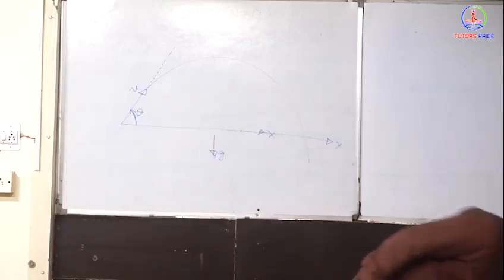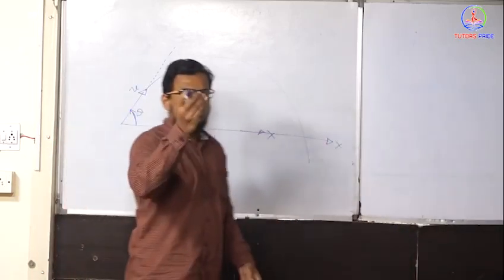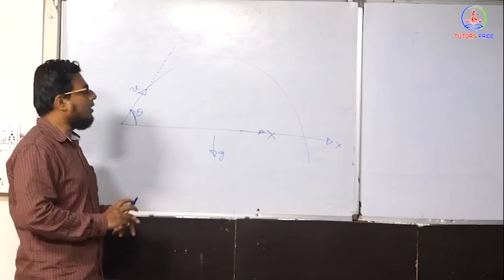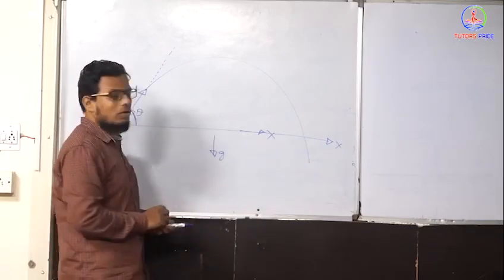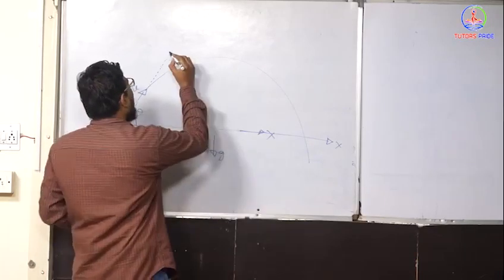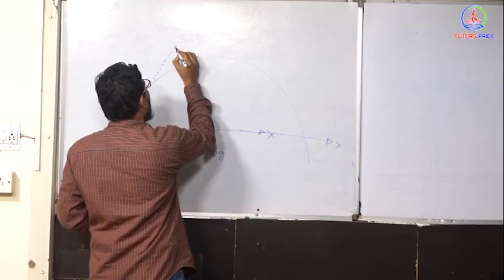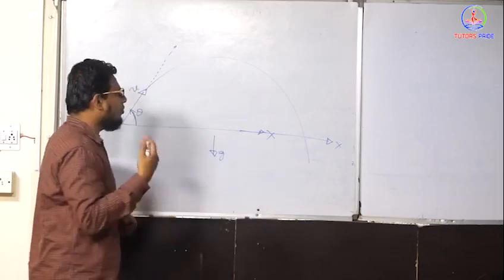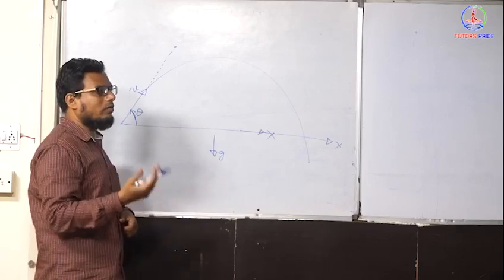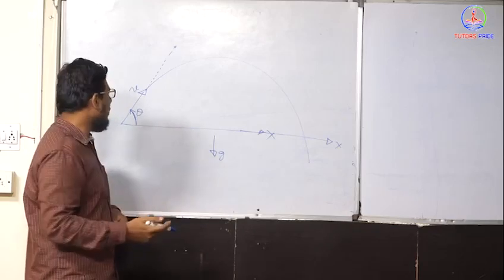Now, see, I have thrown this object and it has followed this path. The trajectory of this path is nothing but a parabola. So the trajectory followed is a parabolic path, and we have to do a derivation over here, and we have to see in detail how it will be moving in 2D motion. Fine. See,